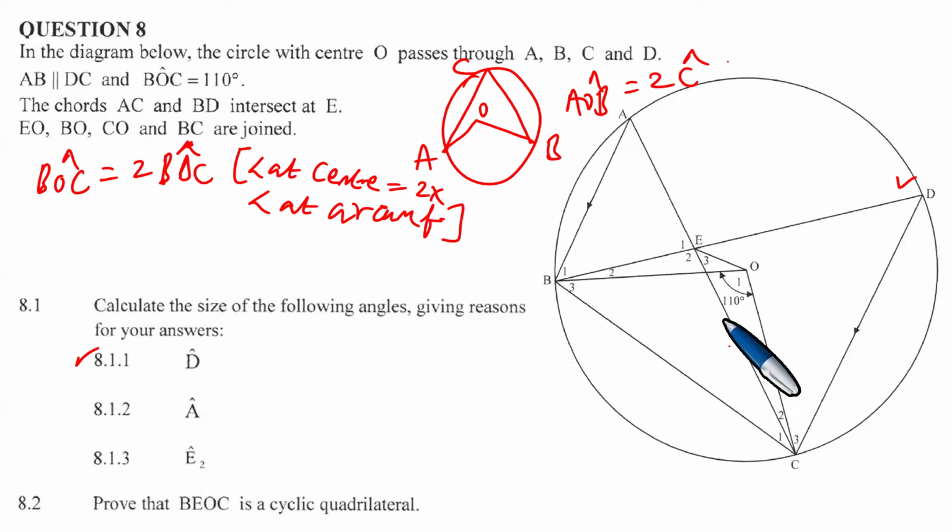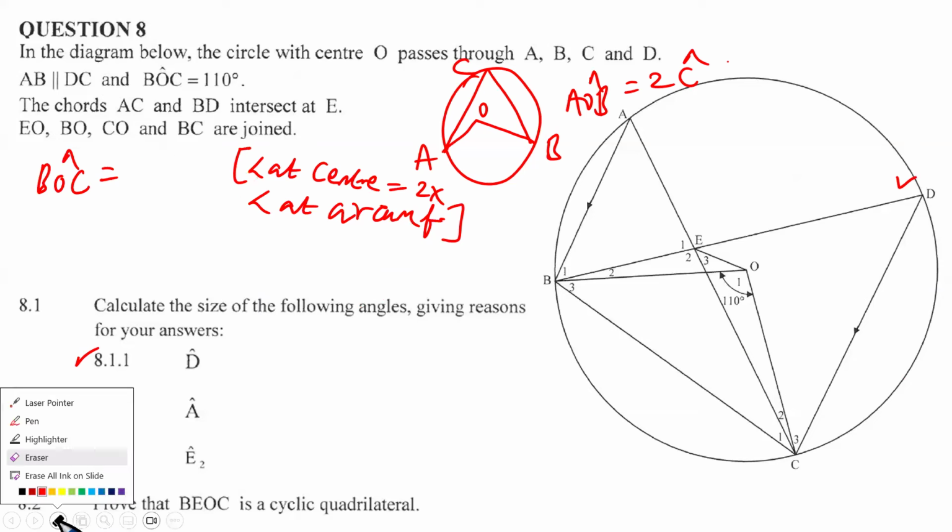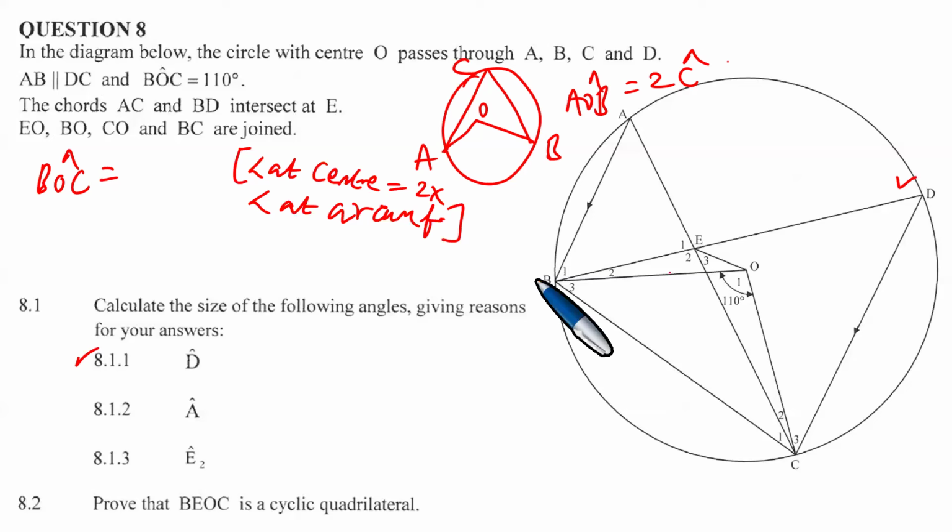Or you can be more specific and say the angle BOC is 2 times angle D. In which case, BOC is 110 degrees, and this is 2 times the angle D